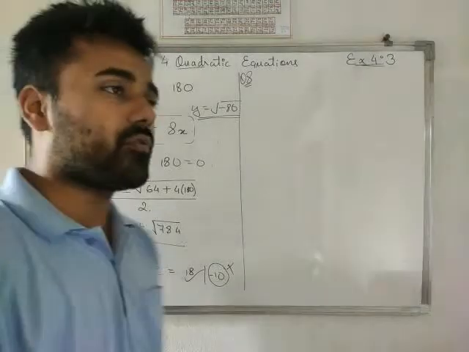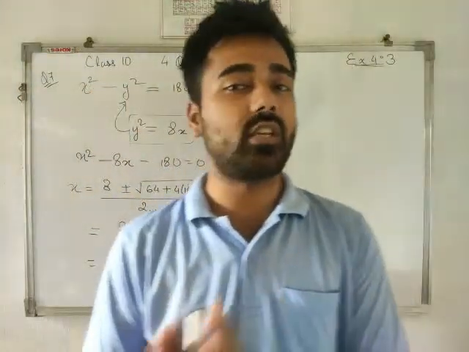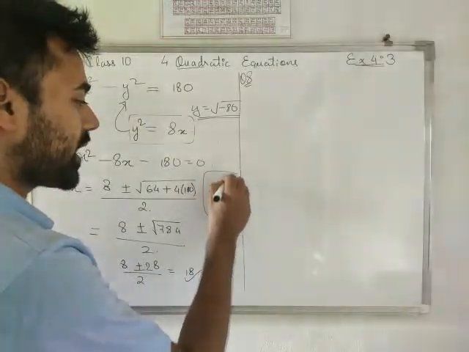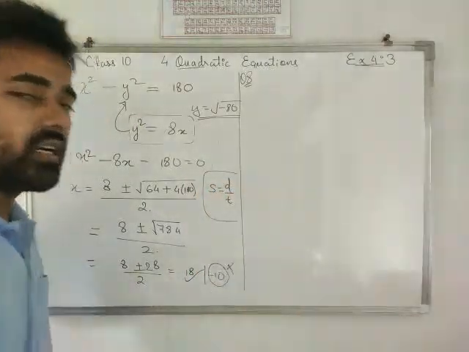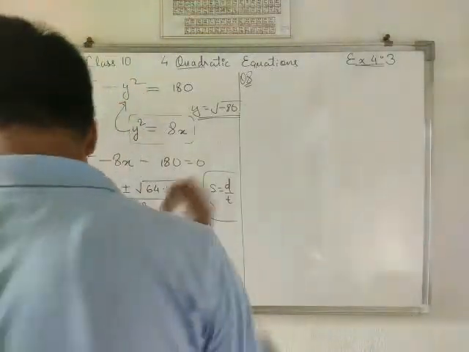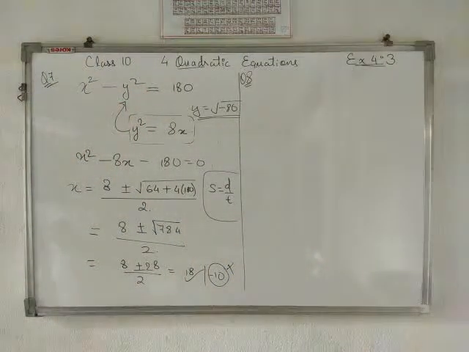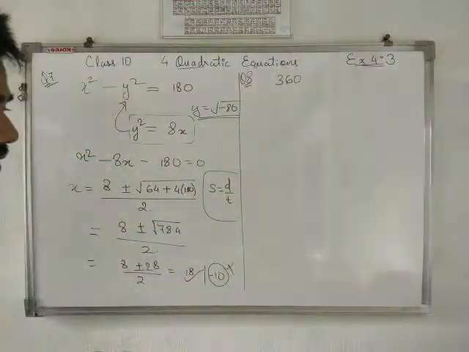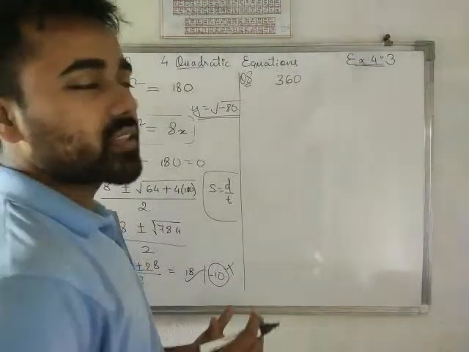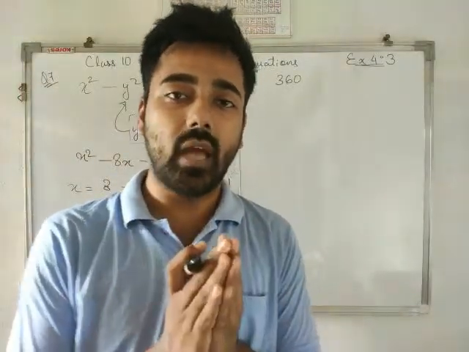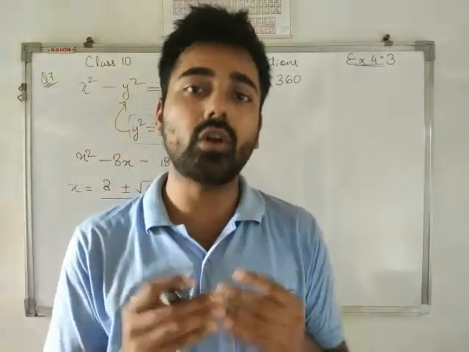See, again we have the same situation of speed equals distance by time. Here again the distance is common. Distance is 360 kilometers. So if we find the time, and subtract the two times, I mean the difference between the old time and